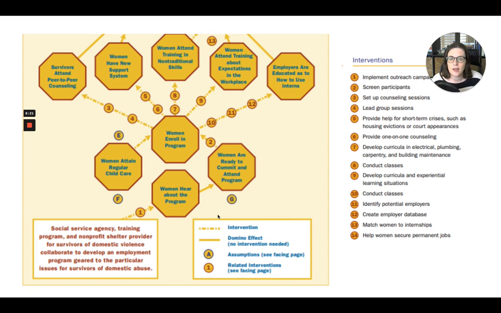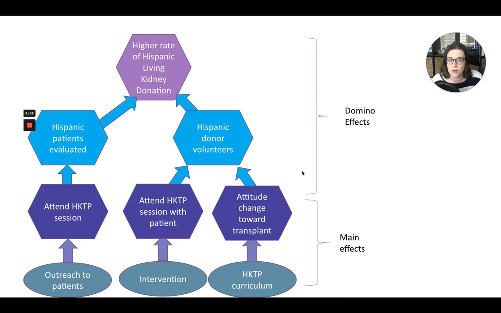At the bottom of that diagram, you begin to see some of those preconditions that we were talking about. Preconditions like enrolling in the program, or you have women attending training about expectations in the workplace. Here you can begin to see the measurable, immediate outcomes of the particular program's interventions, which are represented by the numbers in the circles. These interventions are all attached to particular preconditions in this case, which then lead to those intermediate outcomes. So you can see the chain of events that would need to occur in order for some of these programs to add up to the long-term outcomes.